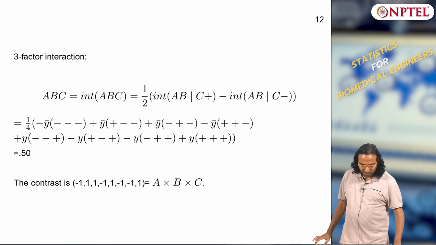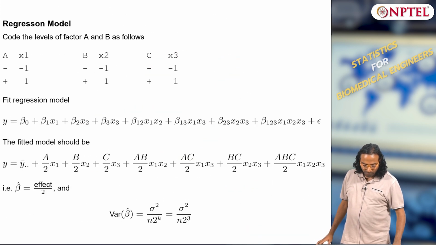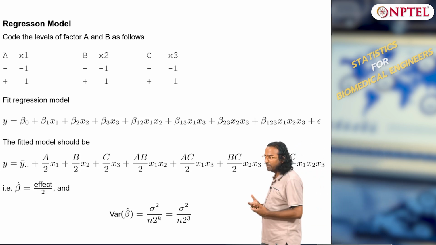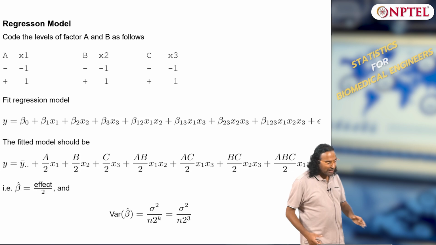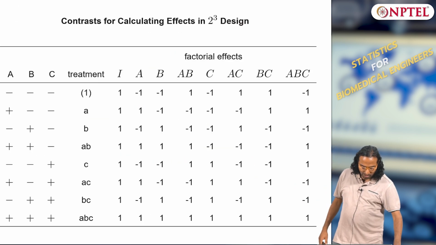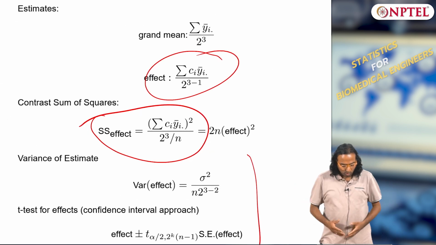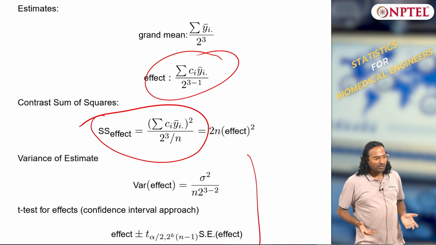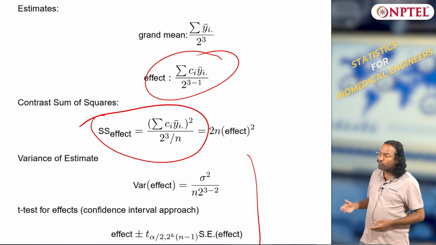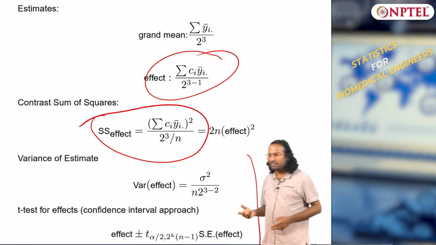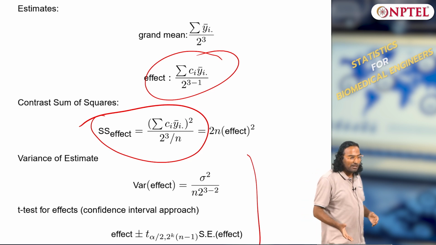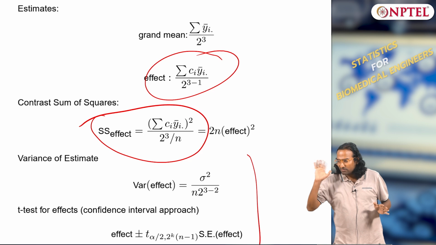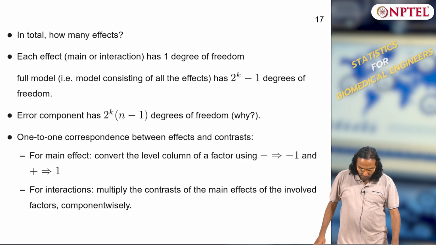So that is what we ended up with, and now the natural step is that we can define a regression model, and the regression coefficients are nothing but the effect divided by 2. So the most important equation is the contrast, and then these two effect equations. Once I have the effect, everything else falls in place, and the effect is a function of the coefficients, the Ci, which is the contrast, and this allowed for replications as well. Remember, we have to do replications, otherwise the sum square error degrees of freedom is 0. So these are the key points.